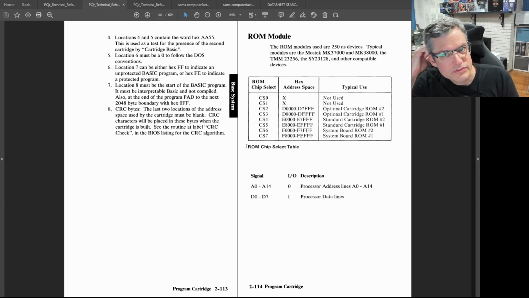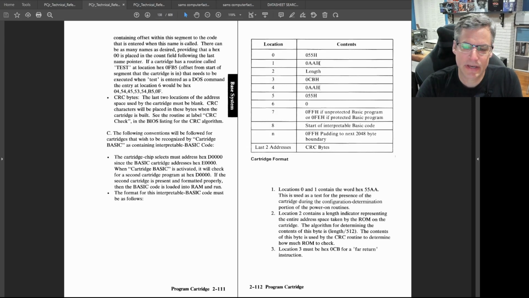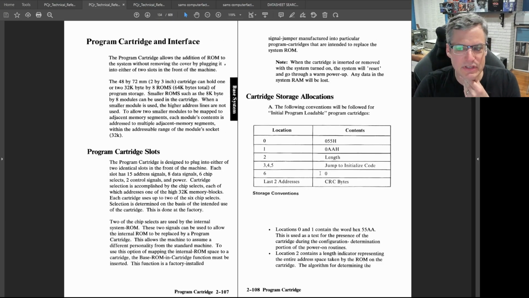So the short of it is, when the system boots up, it goes through each of these address spaces starting at D0000 and starts looking for this header 0550AA length. And then it also looks for the rest of it to see which type it is and whether it needs to do a CRC comparison. For instance, for the IPL or initial program loadable cartridges, if it sees this header combination and the CRC bytes match up, it will jump to the initialization code here on these bytes and actually start executing the cartridge,